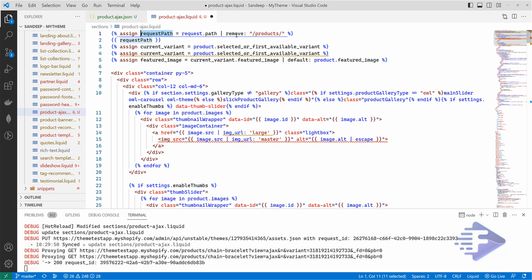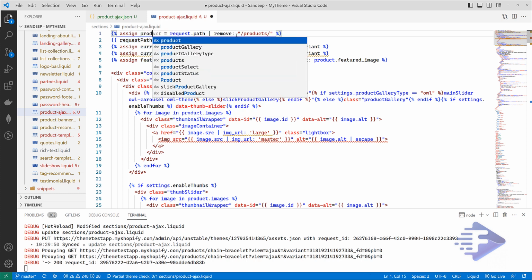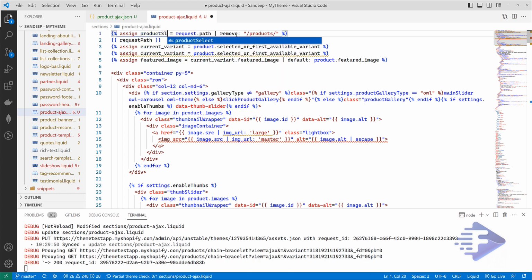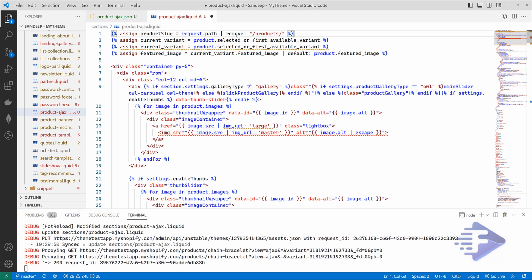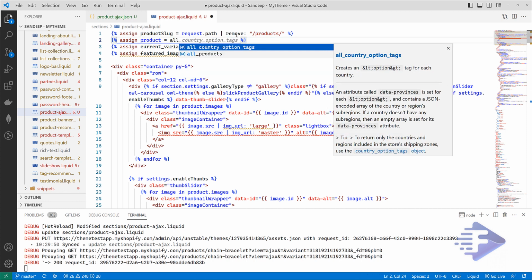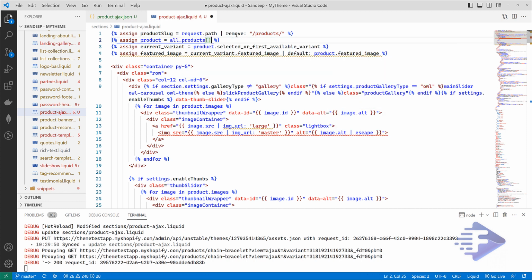Let's say this one, product slug, and copy this. Then this one should be product, and this should be all products, and in all products we fetch our product slug.